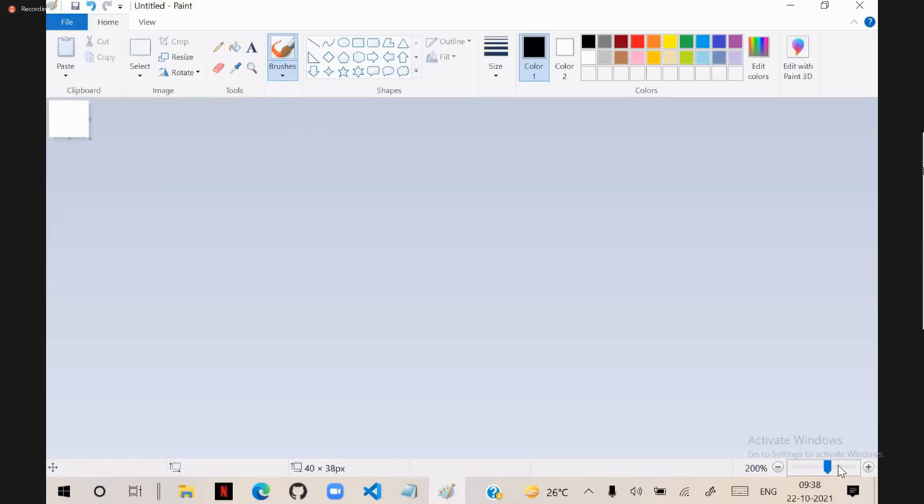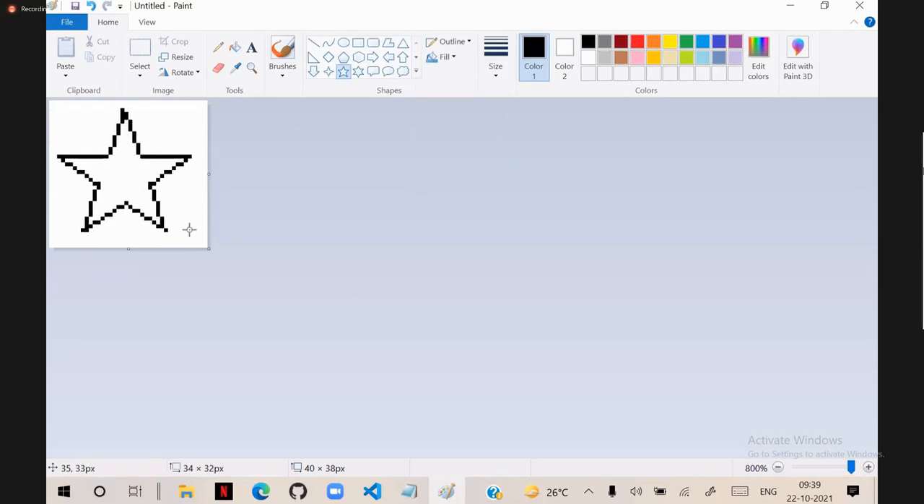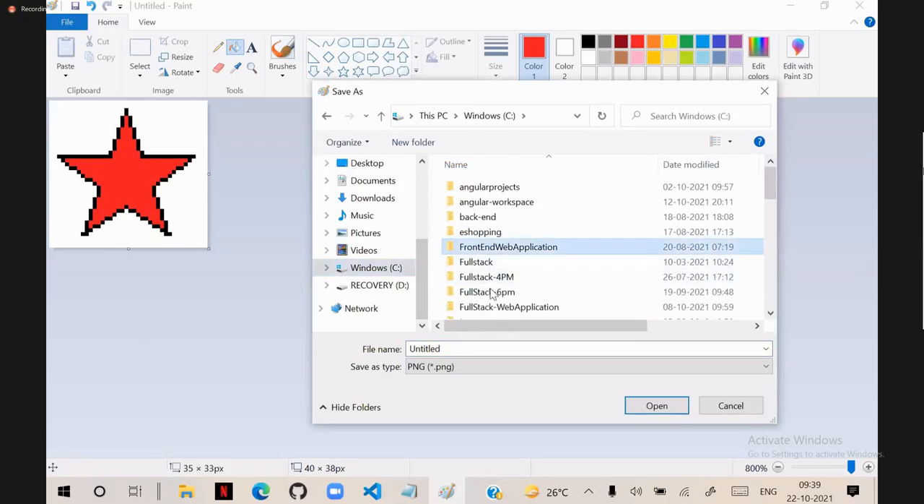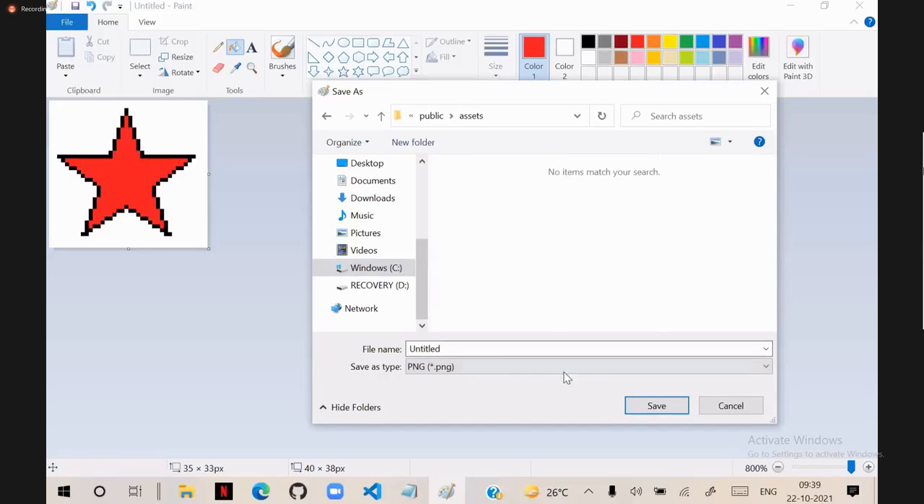And I will adjust this. Now here I am drawing an image, because bullet images should be small. Bullet images must be small, right? Yes, and I have given some color for this. That's it. Now I will save this in our project folder, that is in C drive, full stack, web application. In that, public, in the public we have assets. In assets we are saving this as